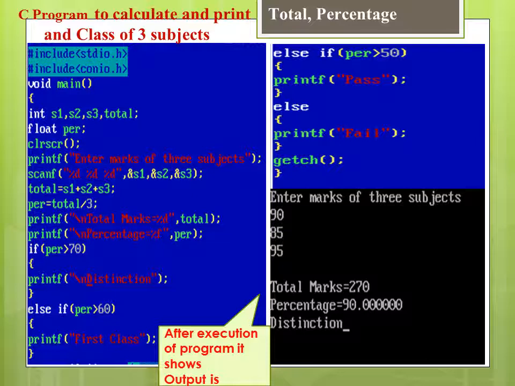Then for class, here I have to check using an if condition, that is if percentage is greater than 70. If this condition is true, it shows the message distinction, and if the condition is false, then it goes for the next condition, which checks if percentage is greater than 60. If this condition is true, then it shows the message first class, and if the condition is false, then again it